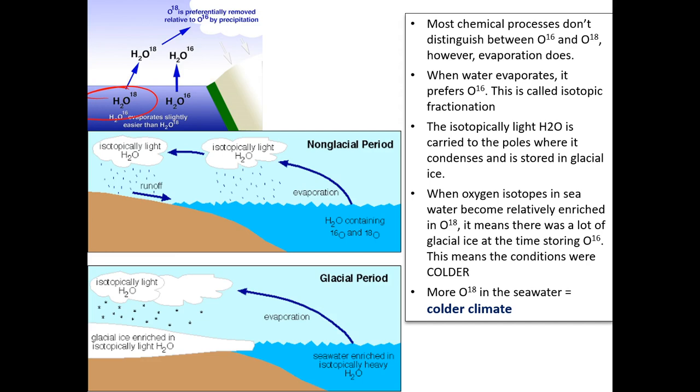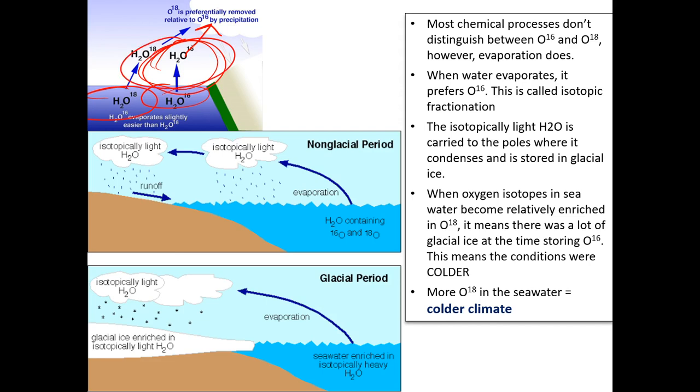You know, oxygen 18 has more neutrons, it's heavier. Because it's heavier, it vibrates more slowly than oxygen 16. And since oxygen 16 vibrates more quickly, oxygen 16 is more likely to evaporate into the air. And when that oxygen 16 is differentiated, there's a term we use in stable isotope chemistry called fractionated. So when that oxygen 16 is fractionated, it preferably goes into the clouds, preferably goes into